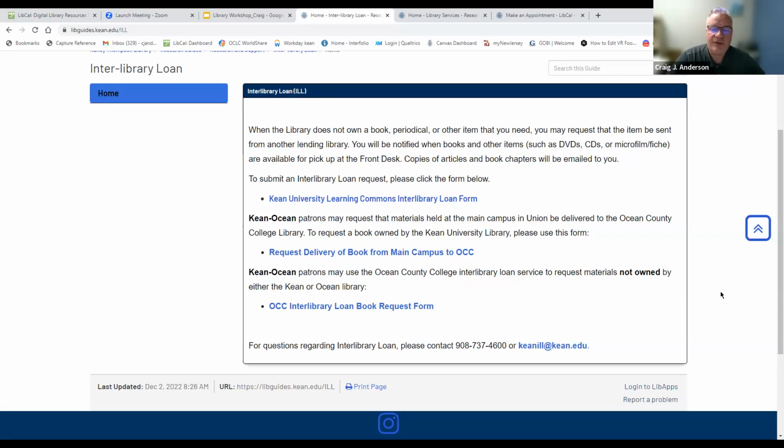Basically, if it's a book or an article or any other kind of resource that we don't have here, we might try and see if we can order it from, say, Montclair University or William Paterson or something like that. And they'll deliver that to us with the understanding that someday there will be a Montclair student that's going to want a book that only Kean has, and we'll deliver that to them.